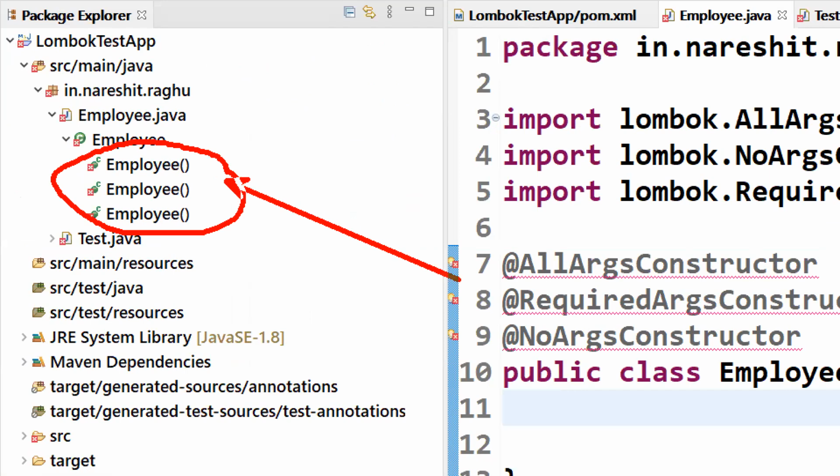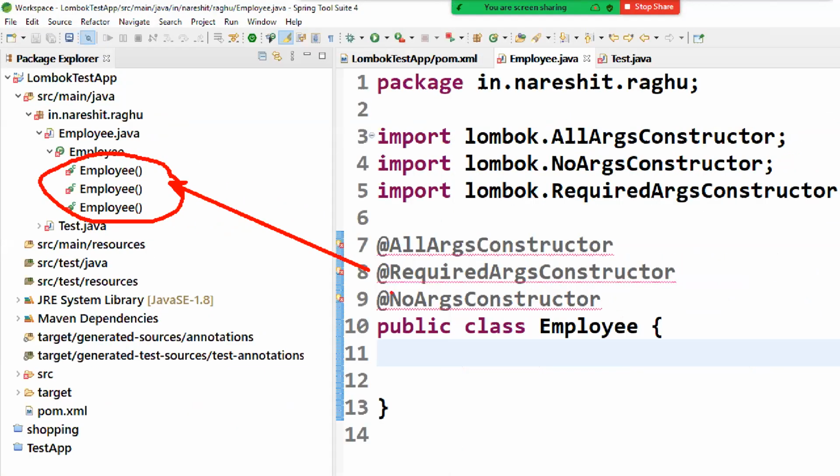Again, I'm saying it's your mistake, not Lombok's mistake. If you don't use these annotations properly, the source code is still going to work. It's never called a bug; it's a programmer mistake. AllArgsConstructor with no variables gives zero params. RequiredArgsConstructor with no @NonNull variables gives zero params. NoArgsConstructor again gives zero params. So three default constructors are generated.